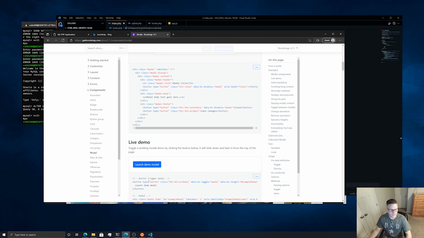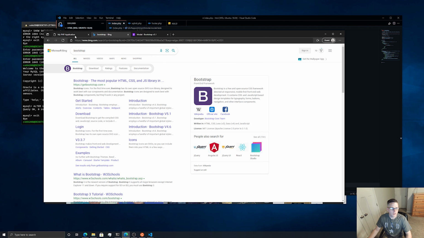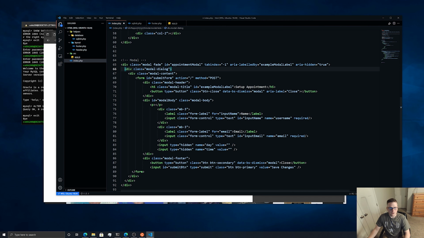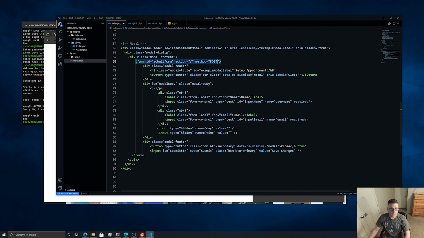I took that button text and showed it. It works exactly like this. So Bootstrap saved me the time of having to make this modal. All I did was copy it over, and the main thing I added over from it is this form. I wrapped everything in it, and in here I created